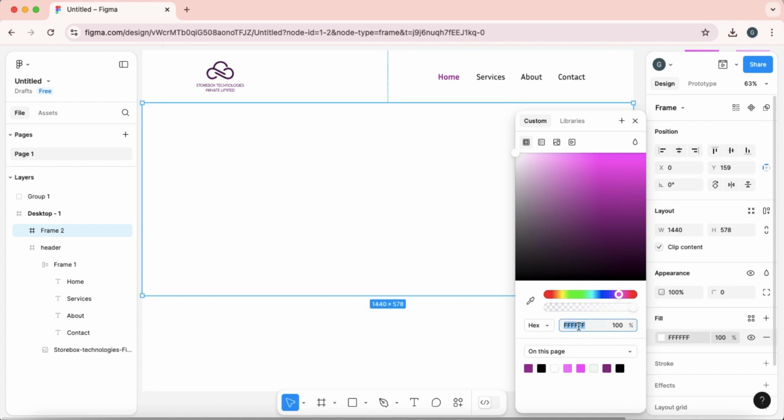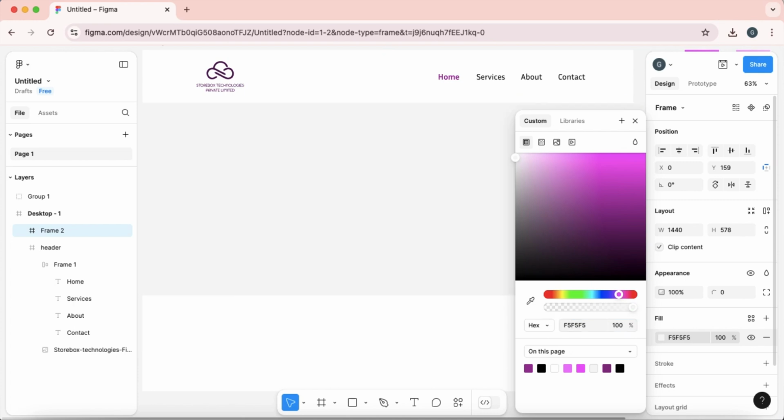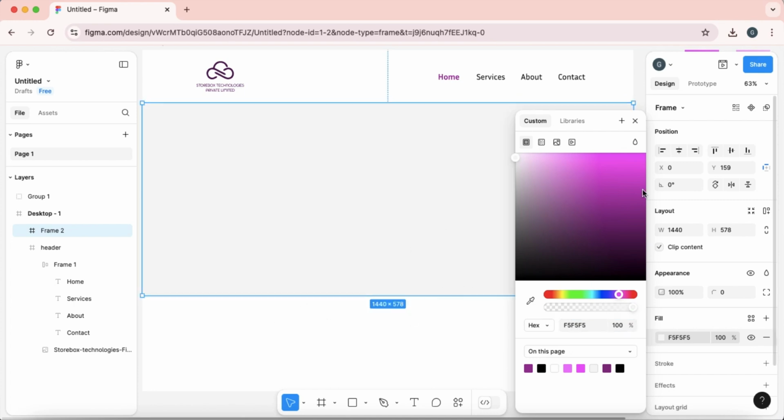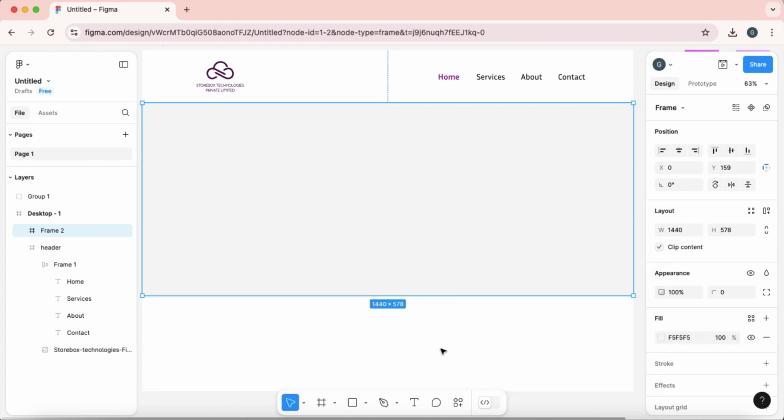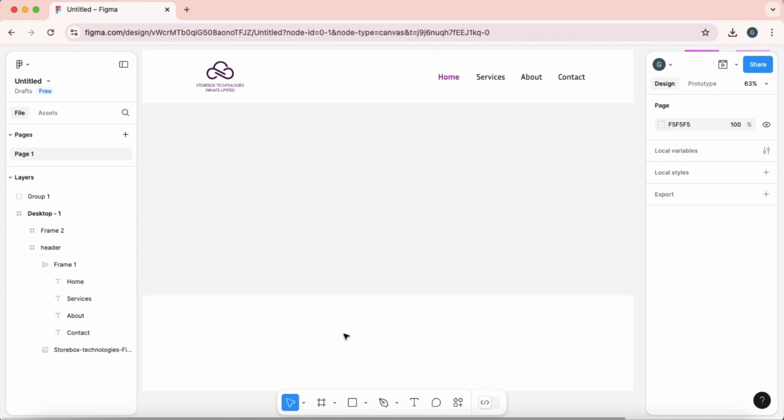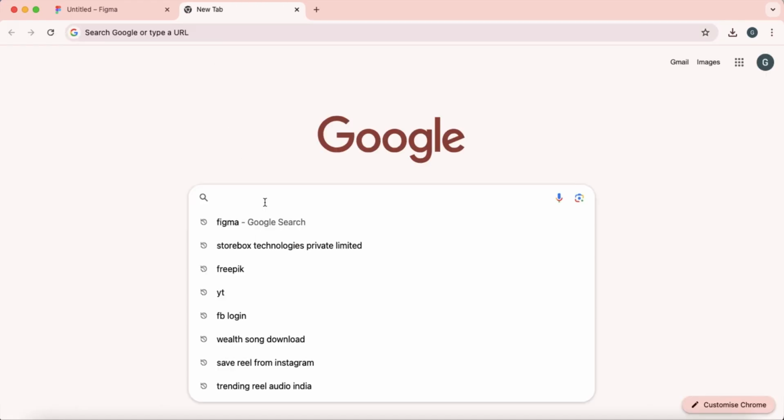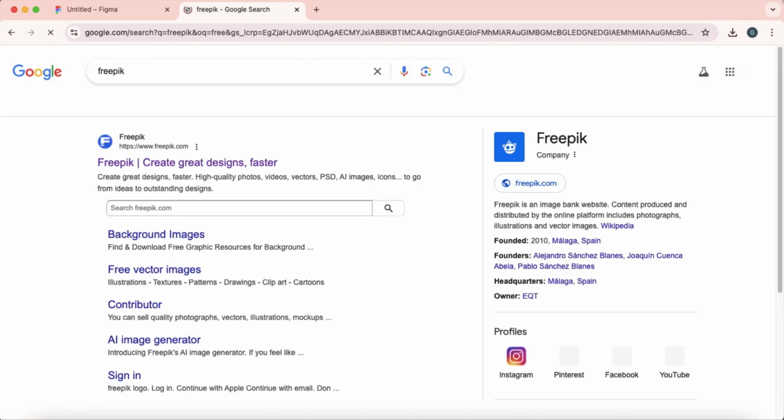I'll make it white and just simply, yeah, that's fine now. We have just filled color just to check whether the spacing between header and this is